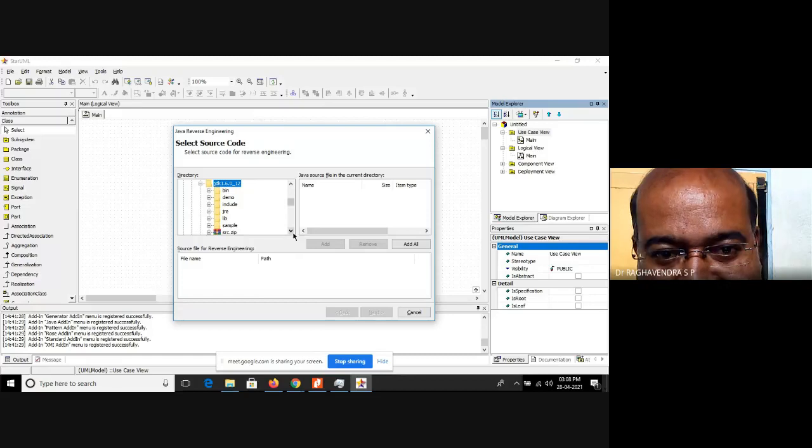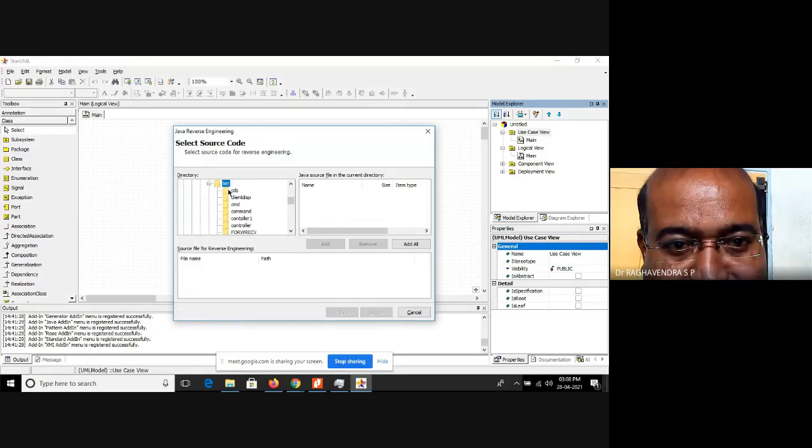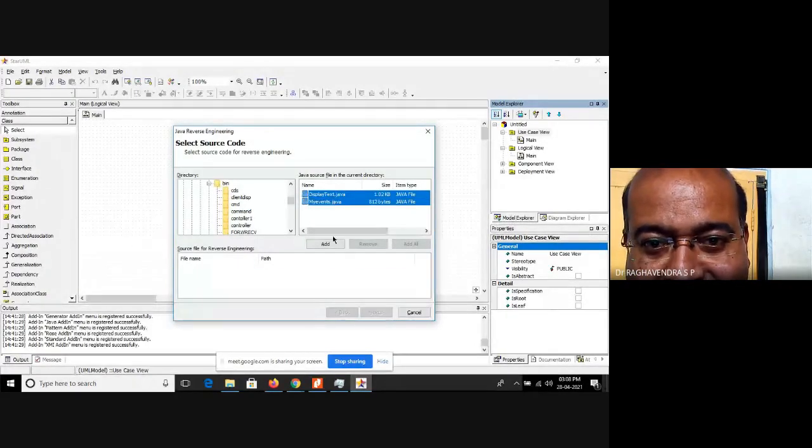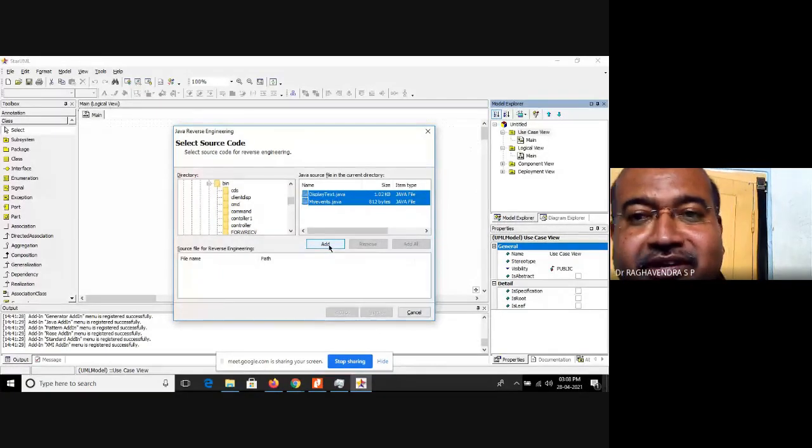So this is a reverse engineering. It is only for my purpose I am doing. It's not for you people. Since I have to draw the model, instead of drawing a model, I am just reversing the code into a model.